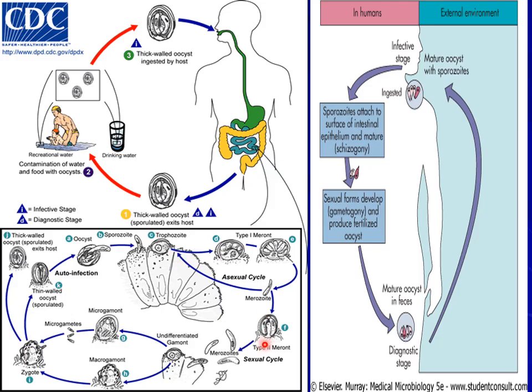Some of these merozoites will undergo the sexual stage by producing male and female gametes that lead to a fertilized zygote. This fertilized zygote is going to become an oocyst, a sporulated oocyst containing 4 naked sporozoites. These sporulated oocysts can lead to autoinfection of other cells or can be excreted to the outside environment in feces, and this is where we observe the diagnostic stage of the parasite.